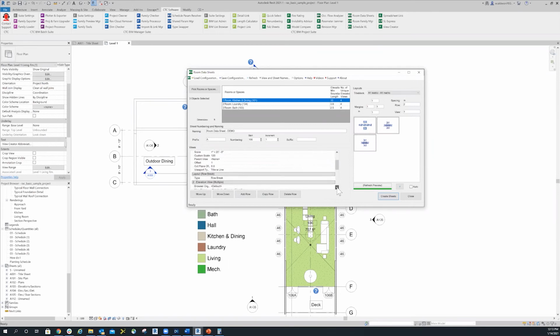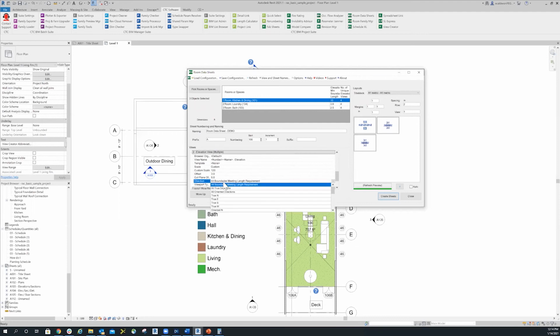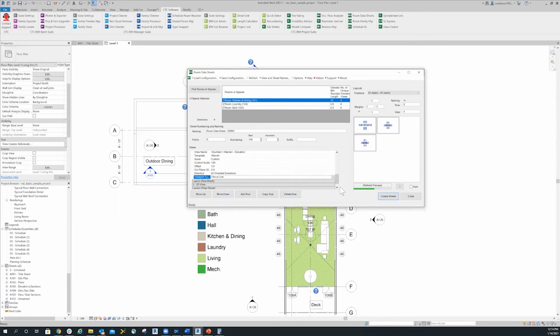Then let's go to my elevation. So it's very similar to the one before. I guess the biggest difference here, as I mentioned before, was the offset and the direction. Here you can set up the directions that you want. We have all true direction, all oriented direction, true north, south, east, west. So let's go choose this one. I do want to show the title. And then for the 3D view,